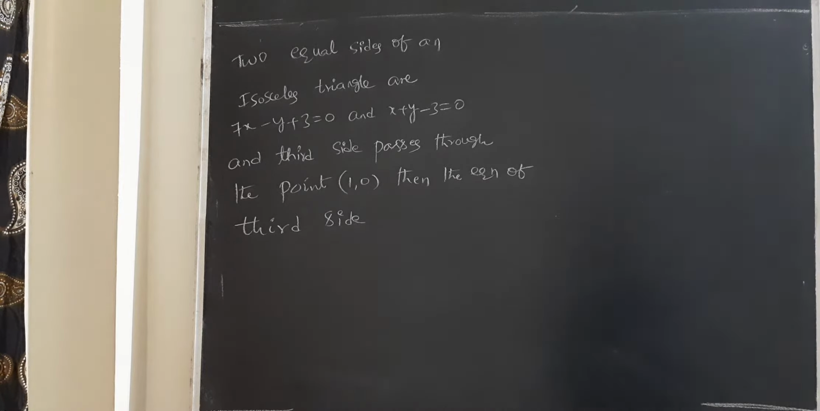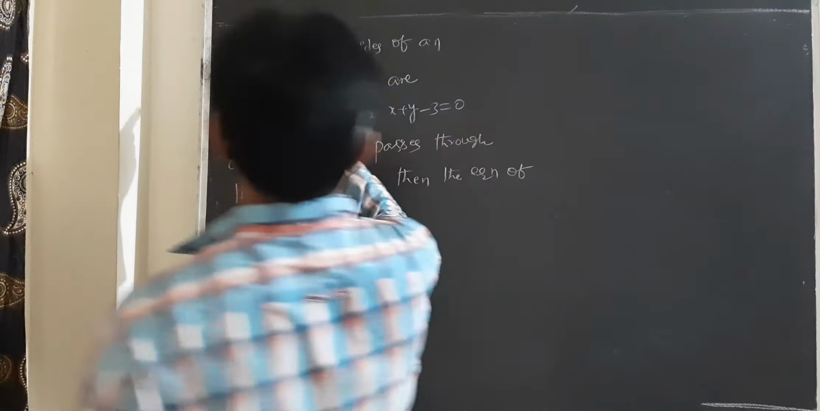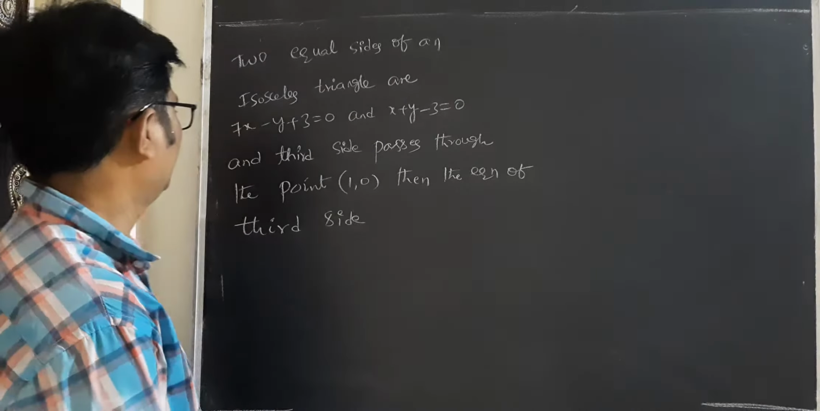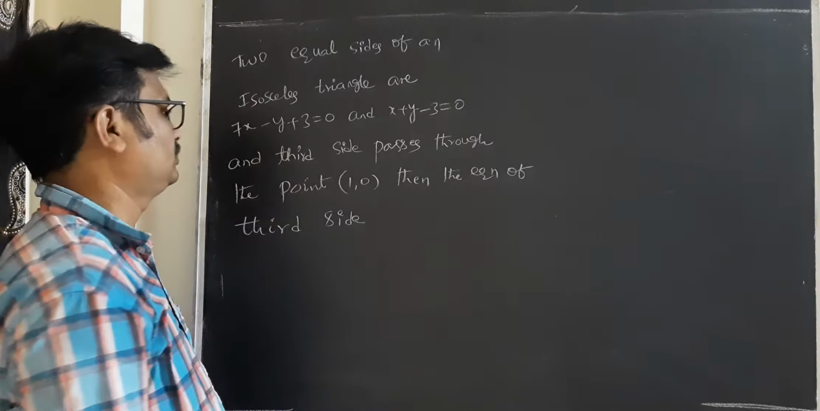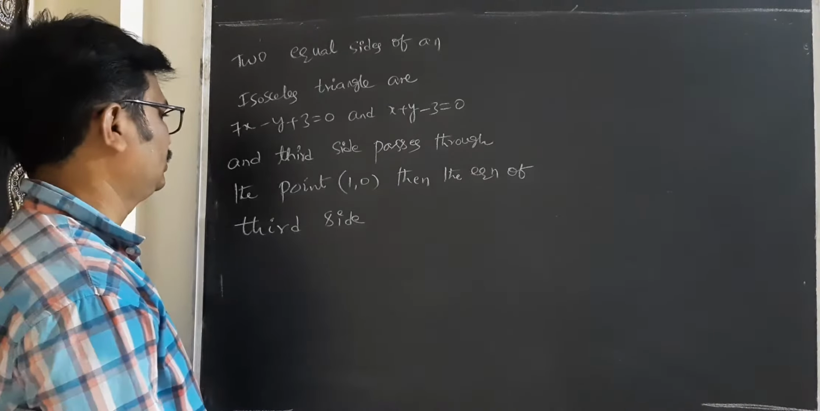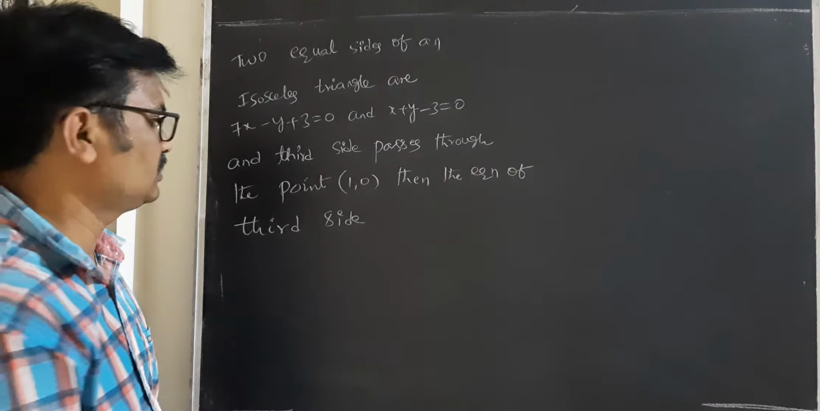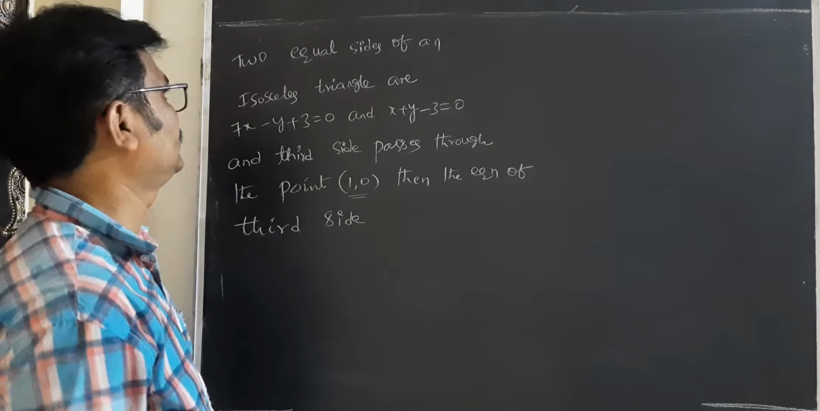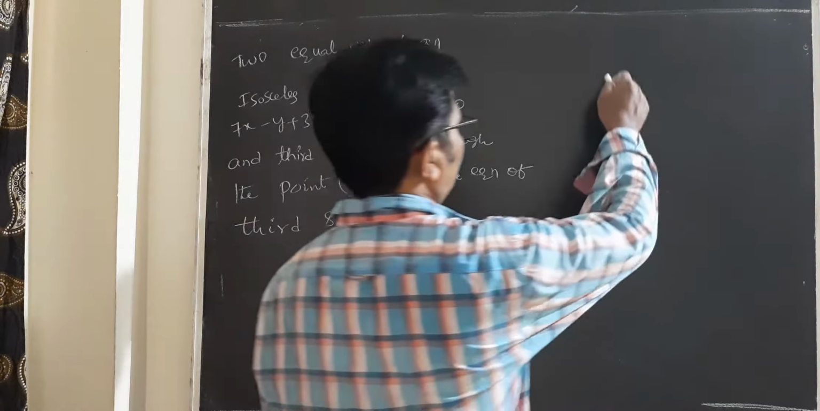Here the two equal sides of an isosceles triangle are given as 7x minus y plus 3 equal to 0 and x plus y minus 3 equal to 0, and the third side is passing through the point (1, 0). Then find the equation of the third side. Dear students,